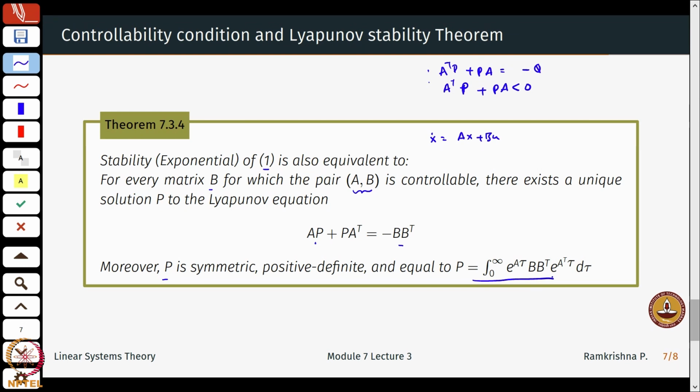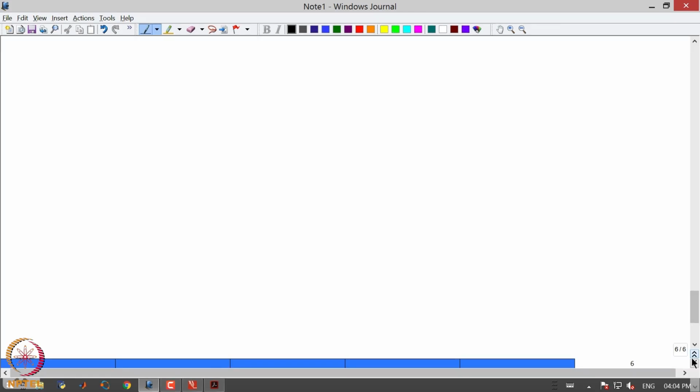The proof will make use of all the little tricks that we used in today's lectures in the earlier proofs. So, we need to show that this condition, A transpose P plus P A is minus